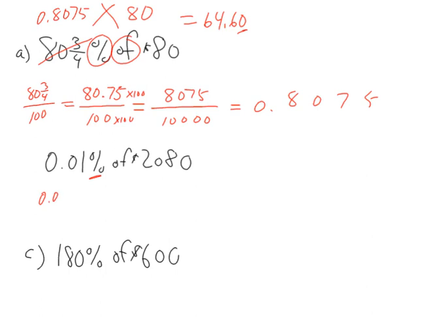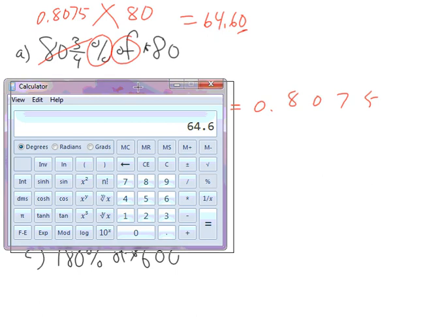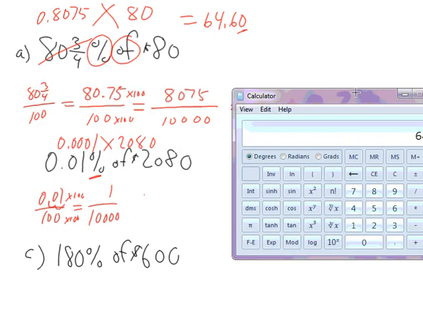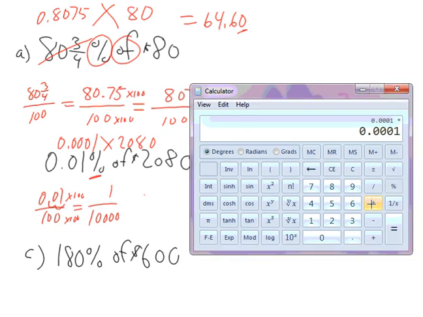So the first thing I'm going to do is put this out of 100, make it equivalent by multiplying by 100. So I have to move the decimal 2 places to get rid of it. It's now 1 over 10,000, which is tenths, hundredths, thousandths, 1/10,000th of $2,080. Take my calculator. So 0.0001 times $2,080 equals